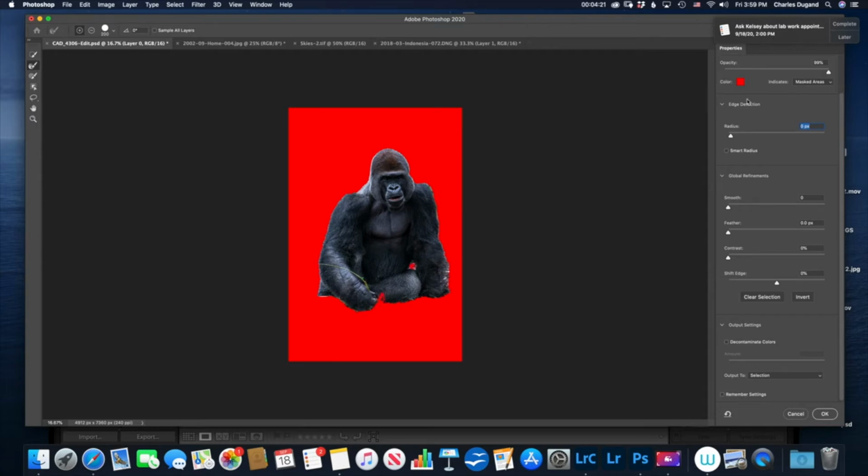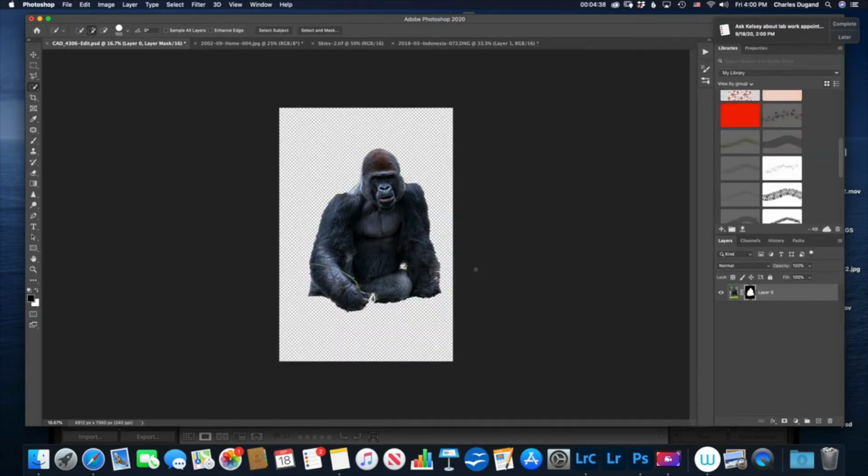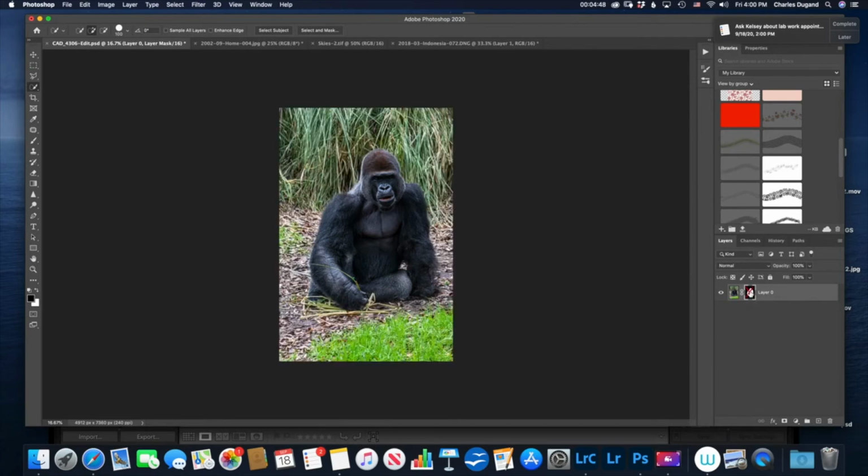But the nice thing here is once I've done selected mask, I can now scroll down to the bottom of this. And when I exit this, instead of saving this just as a selection, I can select that as a layer mask. Okay? So now if I go back, you'll notice there's a mask been put on the gorilla, and there's a layer mask that shows the gorilla in the middle. So if I take this mask and turn it on and off,